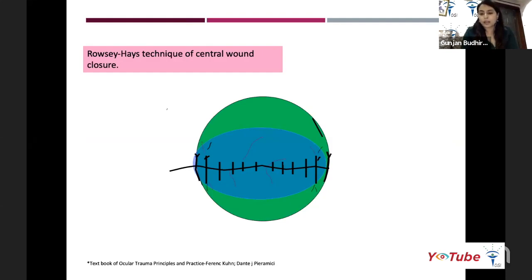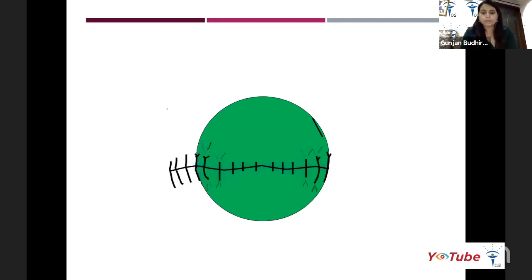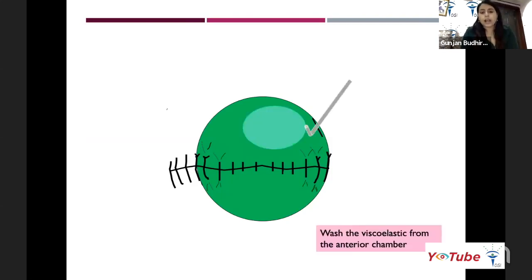which is available readily in all the textbooks and articles, which everybody should read because these are very important topics and anybody can be asked in the examinations. So we can see that now we are preparing the scleral tear as well.